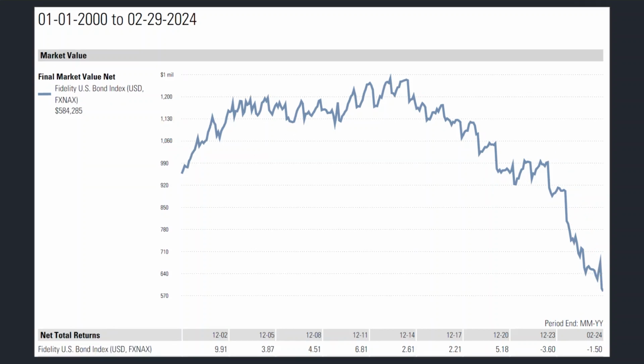Here's a look at 4% inflation-adjusted spending with the Fidelity U.S. Bond Index Fund. Almost the same ending value as Vanguard, Fidelity slightly ahead at $584,000. Our takeaways for the 4% inflation-adjusted spending illustrations across these four funds are that 1, if you spend 4%